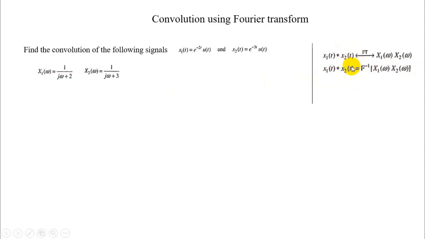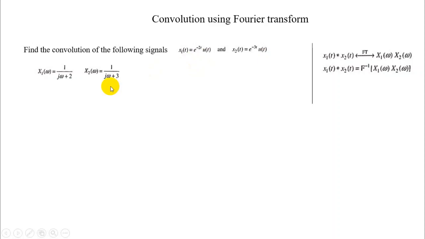Basically, these two are the same. So in that example, we are given two signals x1 and x2 like that, and we need to determine the convolution of those. So using these properties, first of all, our first target would be the determination of the Fourier transform of each